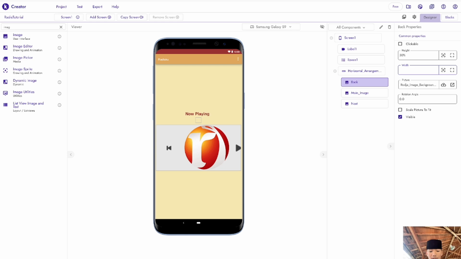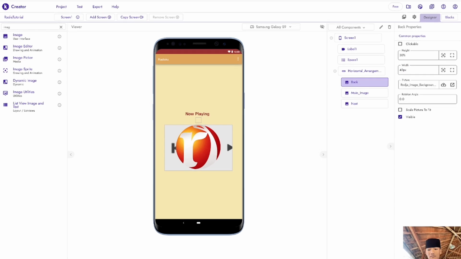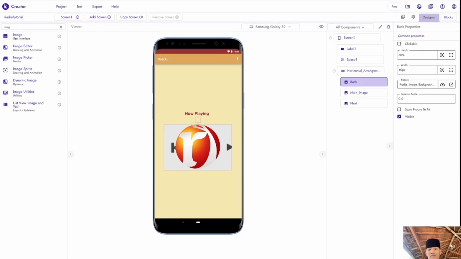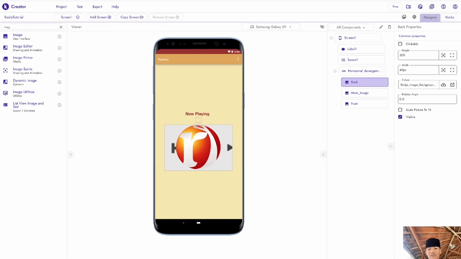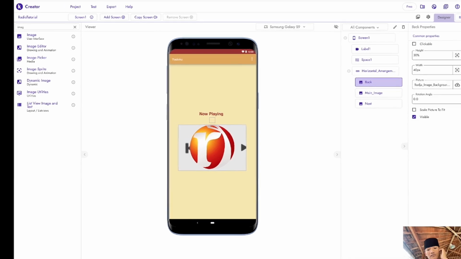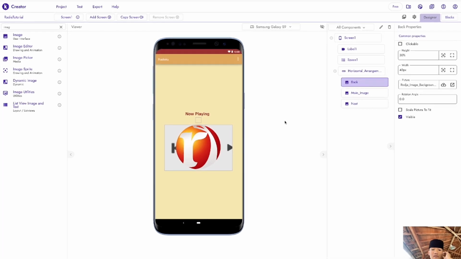So for weight, 40 is going to be enough. Height will be 30 and weight will be 10% maybe.